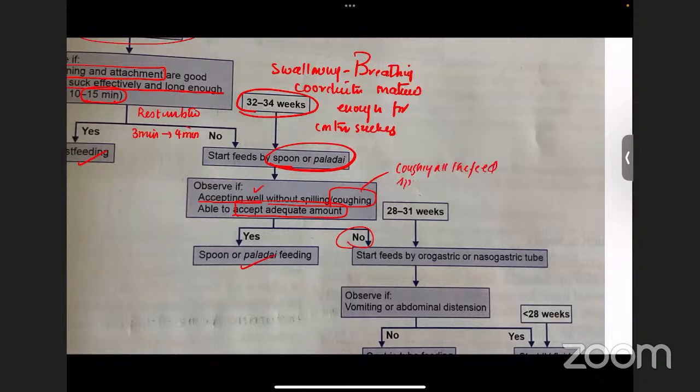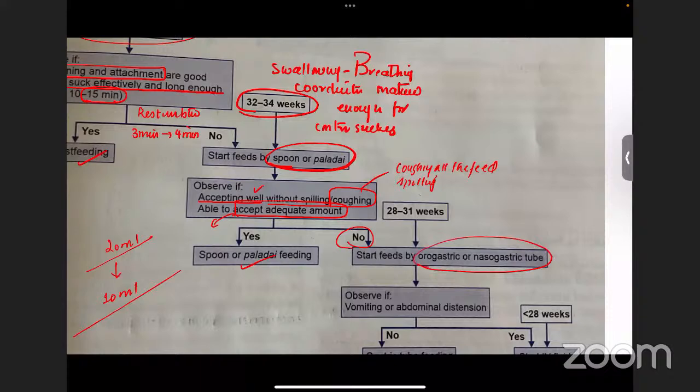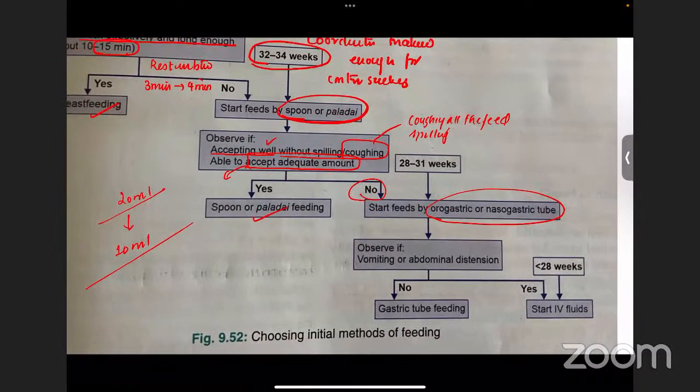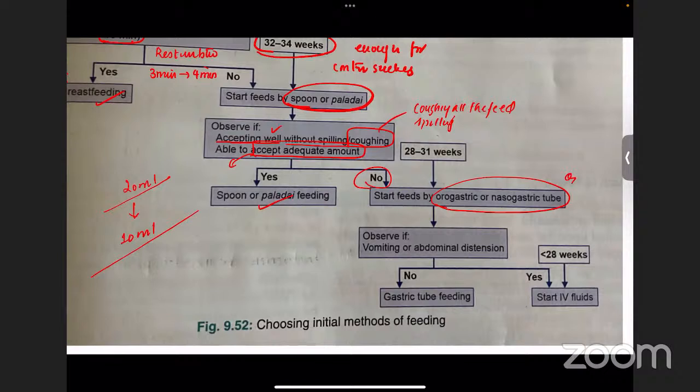She's spilling it out, and she's not taking what we expect to give, 20 ml; she's not even drinking 10 ml. Then the child still requires some time for the maturity of the breastfeeding reflex. Then go for an orogastric or nasogastric tube. So you have to insert the orogastric or nasogastric tube. Then you see whether vomiting or abdominal distension is present or not. If not, continue gastric tube feeding. But if the child is vomiting or has abdominal distension,